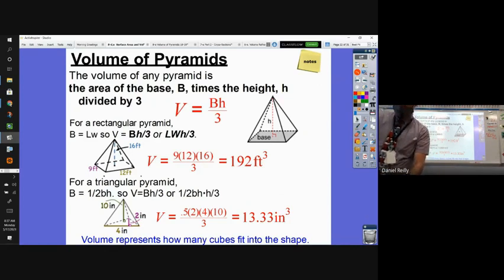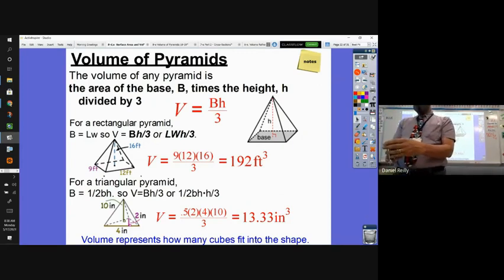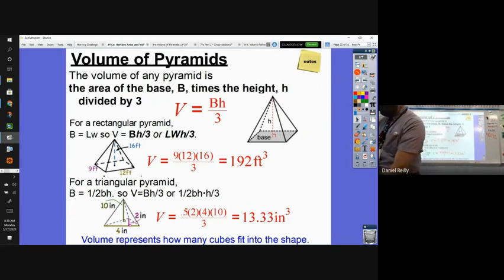okay, now obviously it doesn't fit in as cleanly as if I filled it with rice. I forgot today was rice day. Today's rice day? Rice day is when you demonstrate the relationship between the volume of a pyramid and the volume